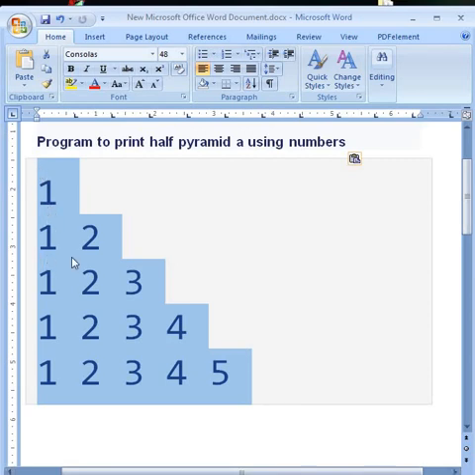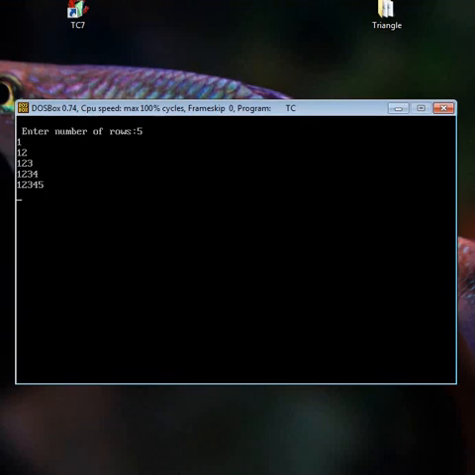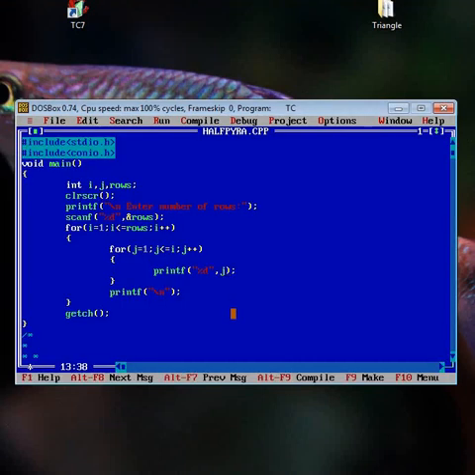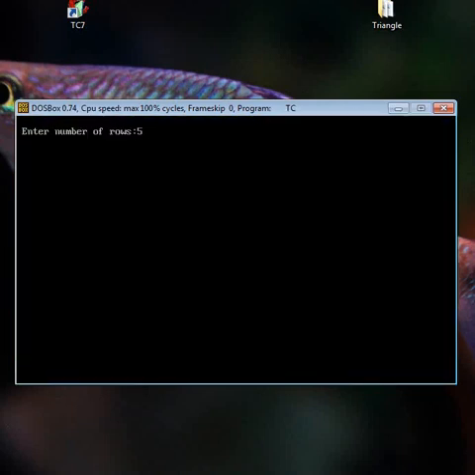Let's check: 1, 1 2, 1 2 3, 1 2 3 4, 1 2 3 4 5, and this is the output, but no space is there, so we have to use a space also, %d space. So in place of %d, the value of j will be printed, and after that we have used a blank space here. Now check 5.